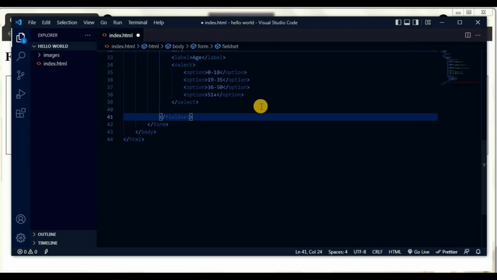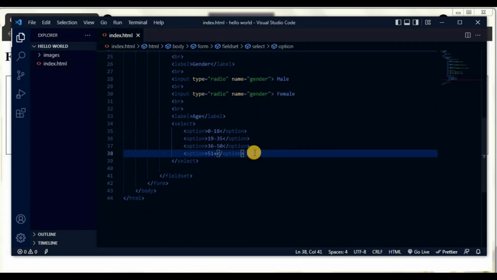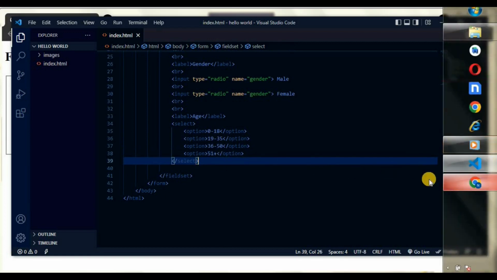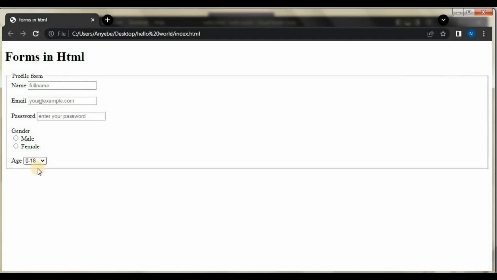So like I was saying, let's save this document and see what we have. Refresh, and we have our select button, age, and we can see we can select 35, 20 plus or 51 plus. Basically that is how the select an option works. So next on is the